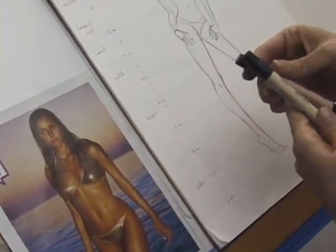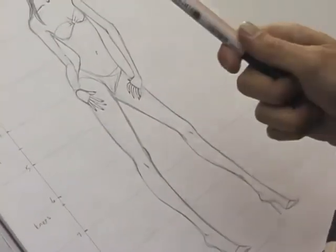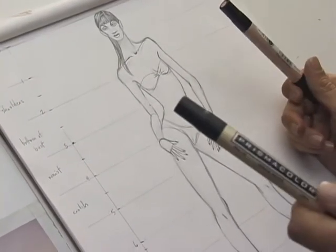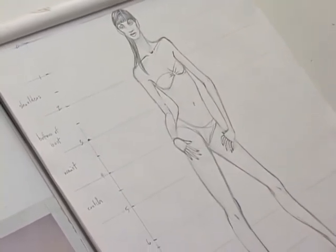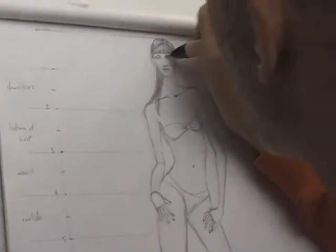I'm going to use two different flesh colors here. This light walnut is a little bit darker than the brick beige. So I'm going to put the darker one on first, just like I put the darker pencil on first, so that when I run over the whole thing with the lighter marker, everything will tend to blend together a little bit more. So first I'll use the fine point of the dark to go in here and put some shadow